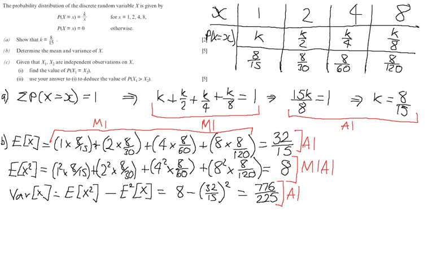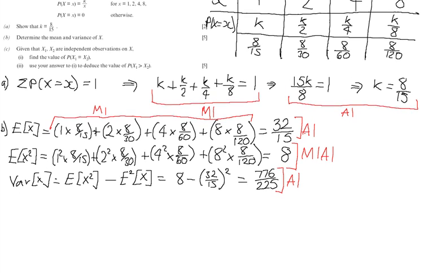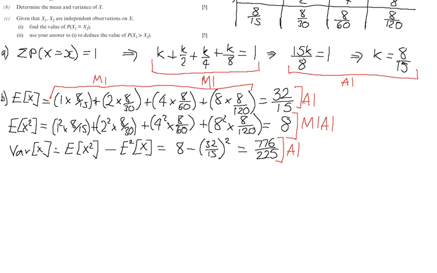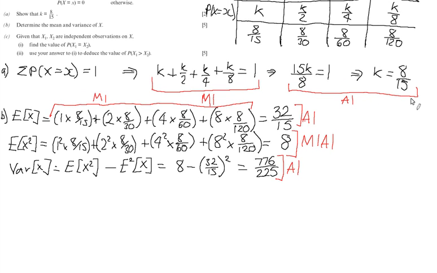Okay, let's have a look at part C. Part C says, given that x1 and x2 are independent observations on x, we want to find the probability that x1 is equal to x2. So remember, when we've got independent events, we can multiply these probabilities together. The ways that we can get probability x1 equal to x2